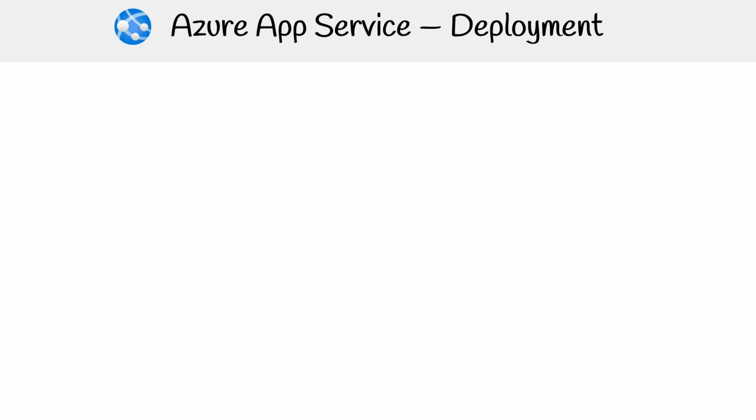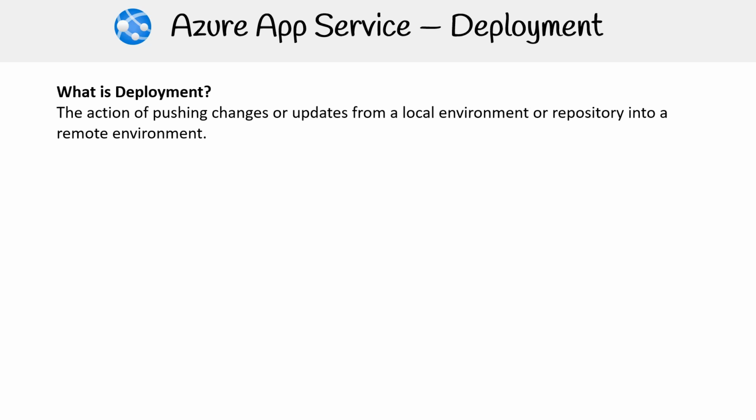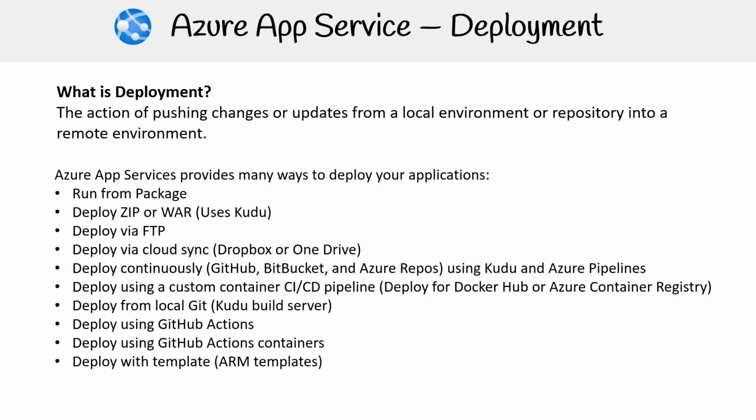The next thing we'll be going over is deployment in Azure App Service. So what is deployment? Well, it's the action of pushing changes or updates from a local environment or repository into a remote environment. Azure App Services provides many ways to deploy your applications, including run from package, deploy zip or